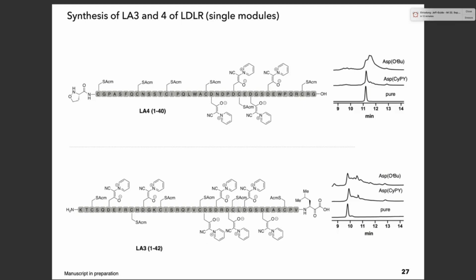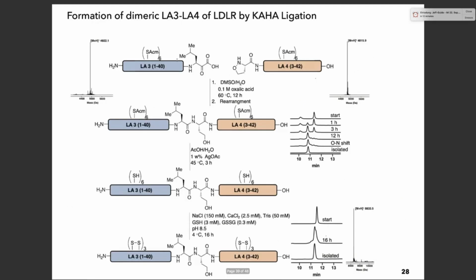And same thing for the other segment. And so taking these segments, now all of the aspartic acids are cleaved to the carboxylic acid. We just have the ACMs protected. We can perform the CAHA ligation and then O-N shift. So here's the start of the ligation. This is the ligated product. This is the O-N shift, and this is the purified